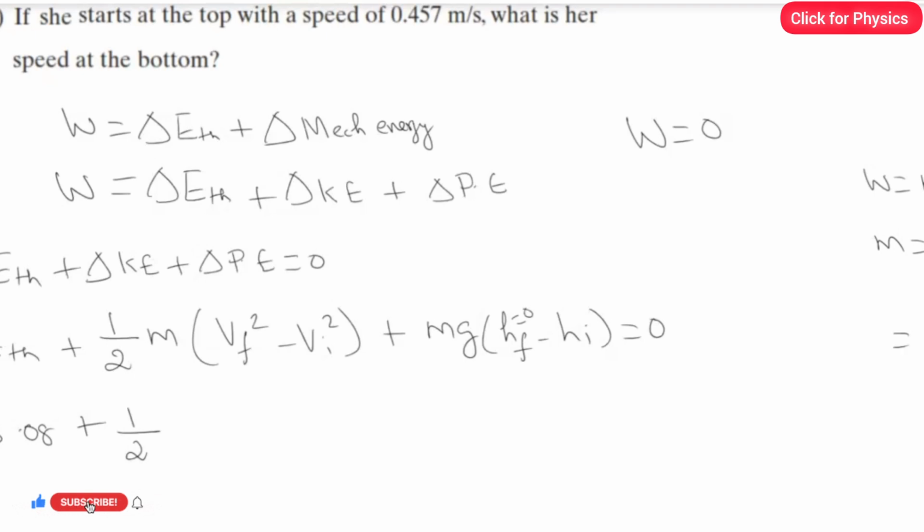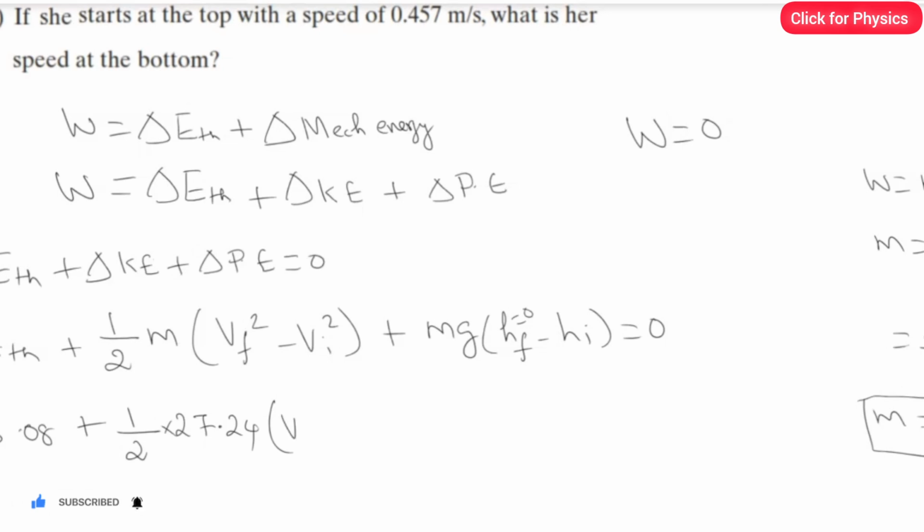The weight of the child is 267 divided by 9.8. We got the mass here as, let's see what is the answer. 267 divided by 9.8. I got the answer as 27.24 kilogram. This is the point. Okay, so we need the mass here. So mass, what is the value? Multiply by